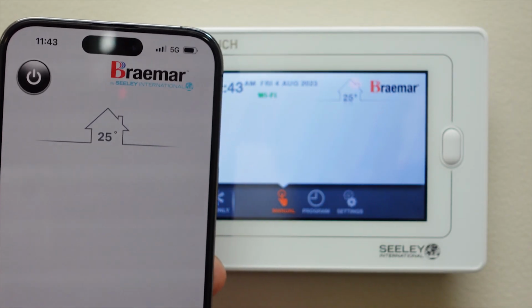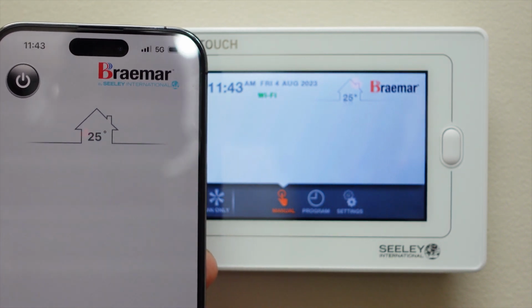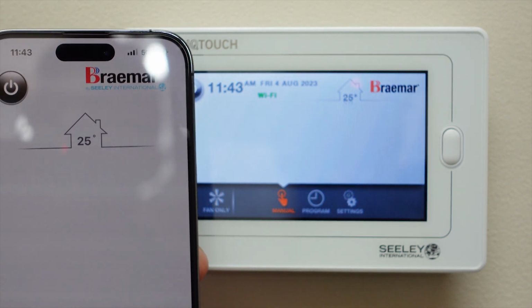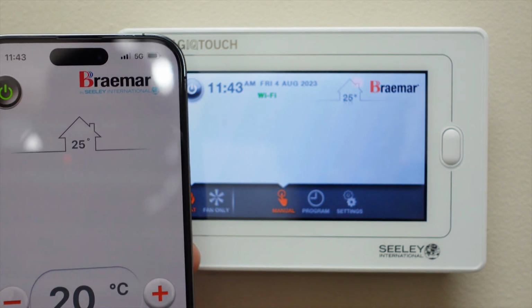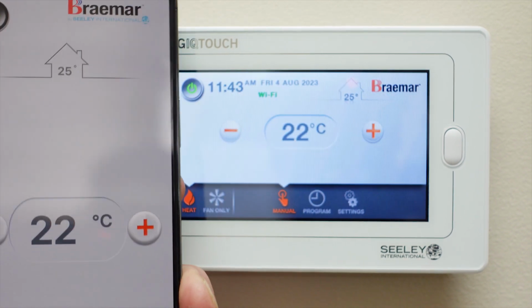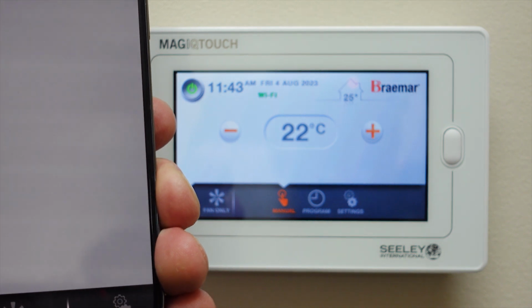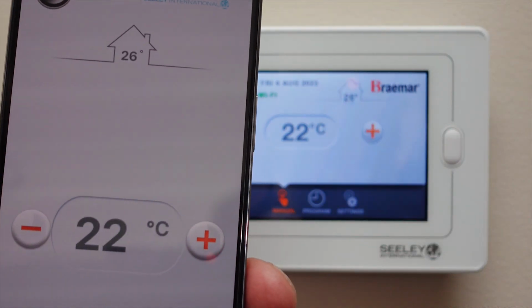Once the system has finished upgrading, you'll see the following screen on the app, which just shows the room temperature and the on-off button. Please note that not all systems will go into system update and you may go straight to this screen. To operate the app, we push the on button, you'll see the display come on and you can set your temperature. You also note at the bottom of the screen, there'll be a red bar indicating the phone app is updating the wall controller. You can now see that the wall controller has updated to be the same as the app screen, 22 degrees